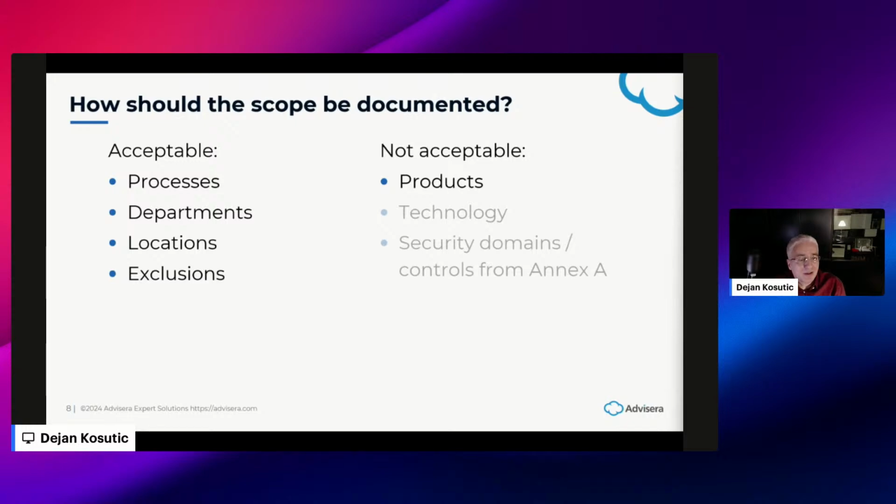You cannot say that, for example, our company Advisera has this product. I'll actually show this also a little bit later on. And you cannot say that your scope of certification is a product. It doesn't work. What you could do to work around it is that you define that within the scope are